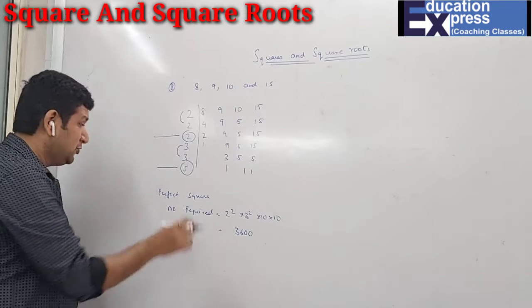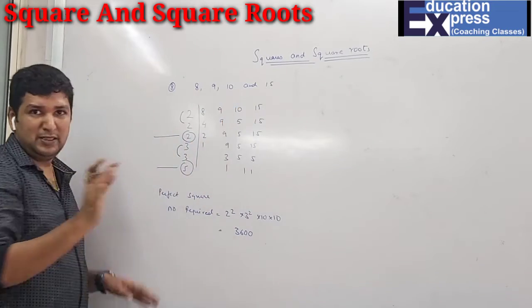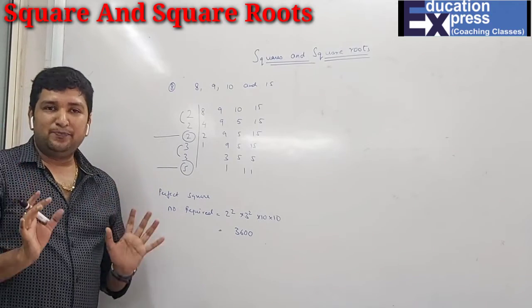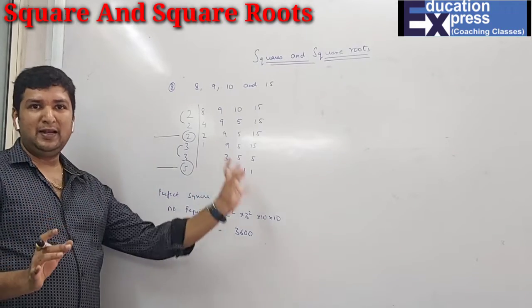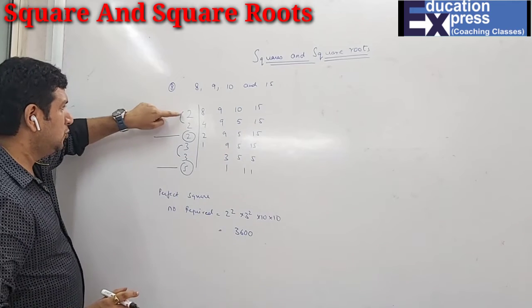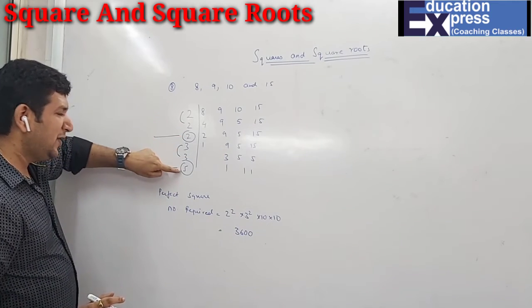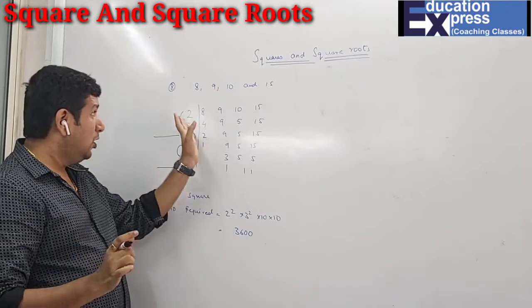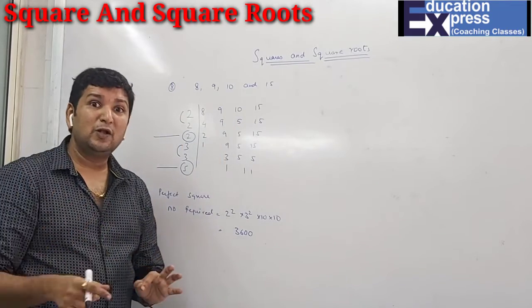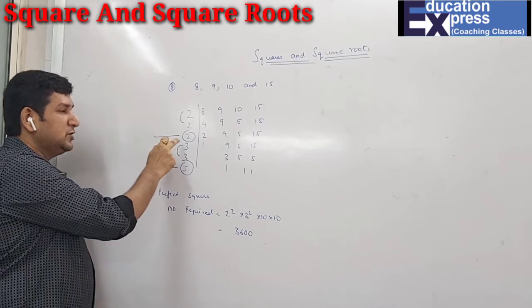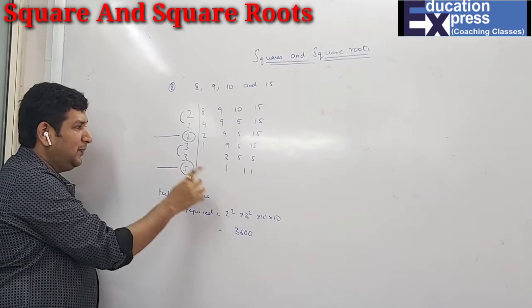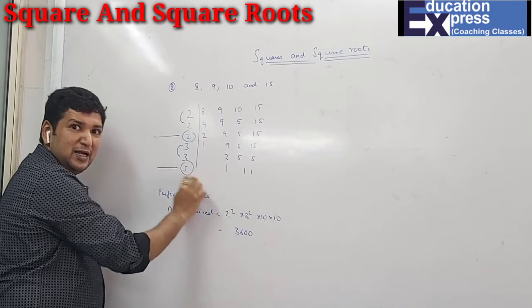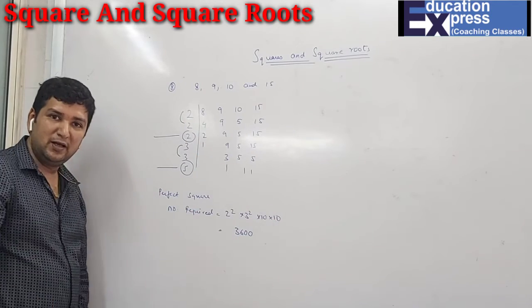Perfect square which will be divisible by 8, 9, 10. Obviously, if they just asked me what is the number which is divisible by 8, 9, 10, 15, then the answer would have been 360. 2 2s are 4, 4 2s are 8, 8 5s are 40, and 40 9s are 360. 360 is the answer where all the numbers are divisible. But they've asked me for a perfect square. So I will just see what is missing for a perfect square: 2 and 5. I have multiplied by 10, 2 5s are 10. And now I got a perfect square. So this is the answer.